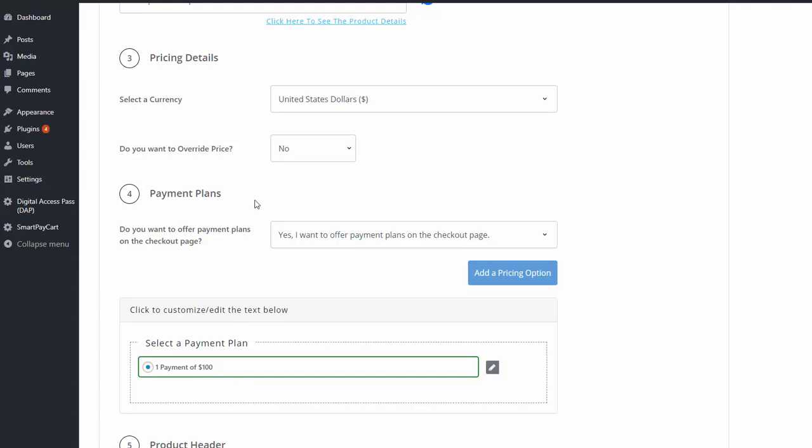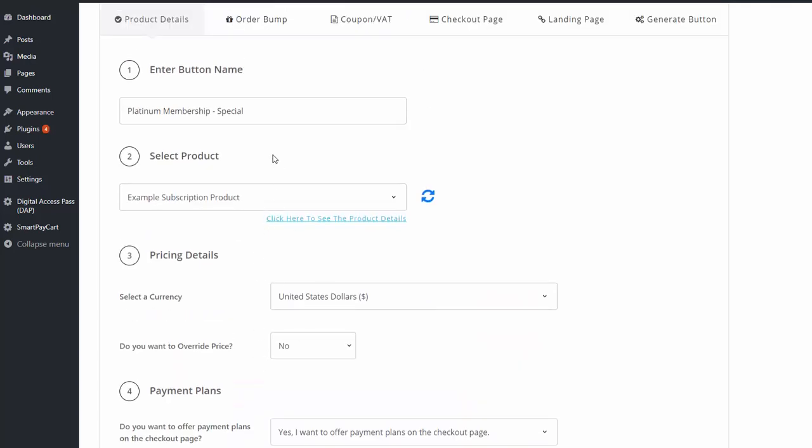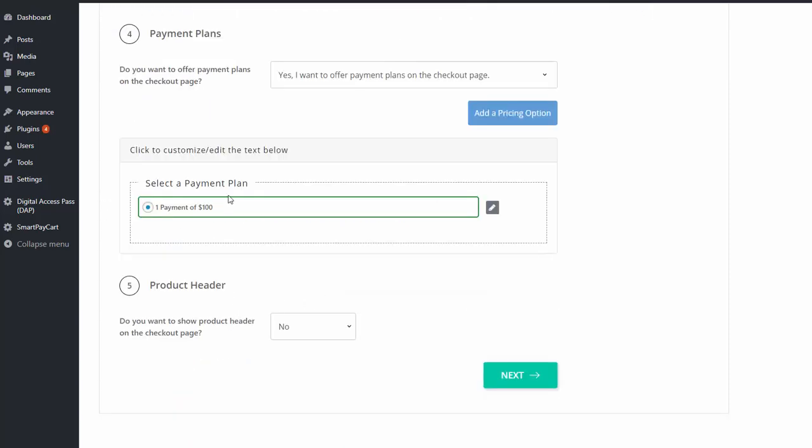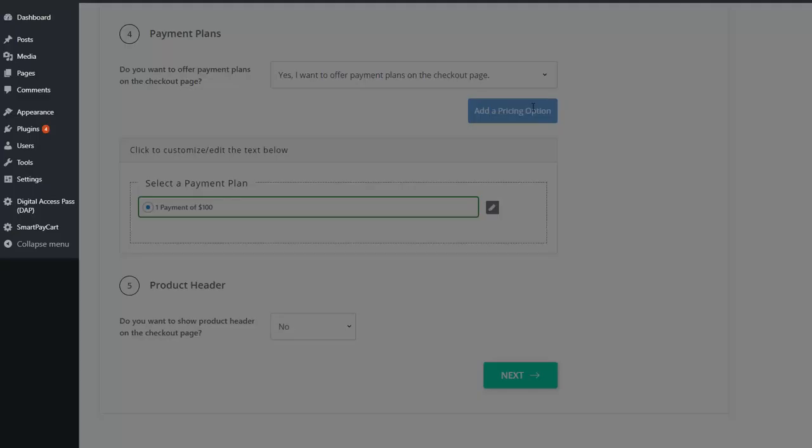So you can say one payment of $100, but whatever you set there, make sure this product in DApp is set up with the right price, because that's what SPC will be using. So just changing the description here is not going to help if your product is not set up with the right amount. So make sure your product is set up to charge users one payment of $100, and that you can do in DApp. And say that you want to add additional payment options, and all you have to do is click on add a pricing option